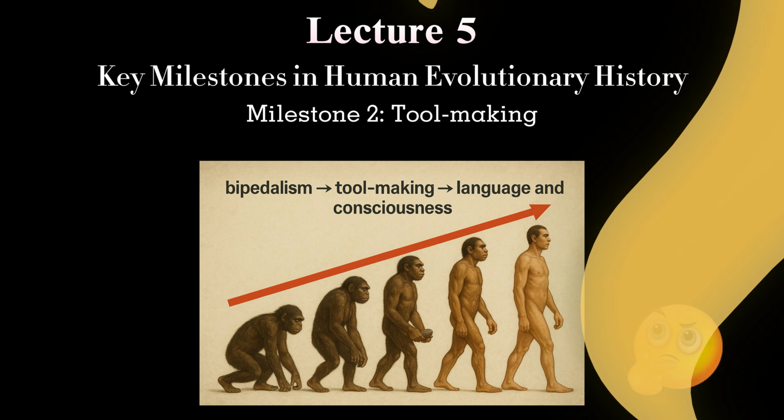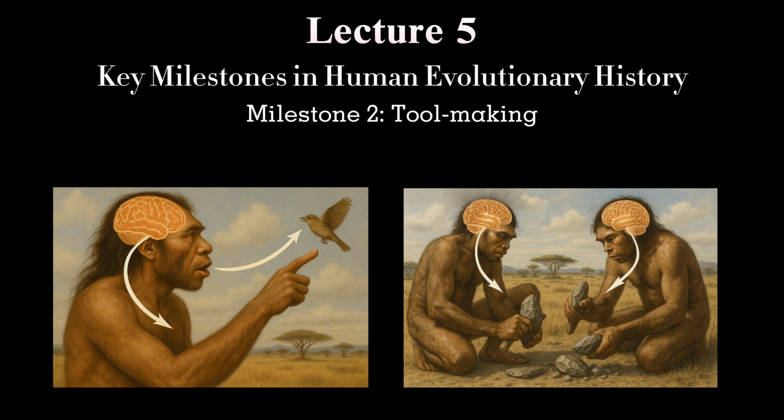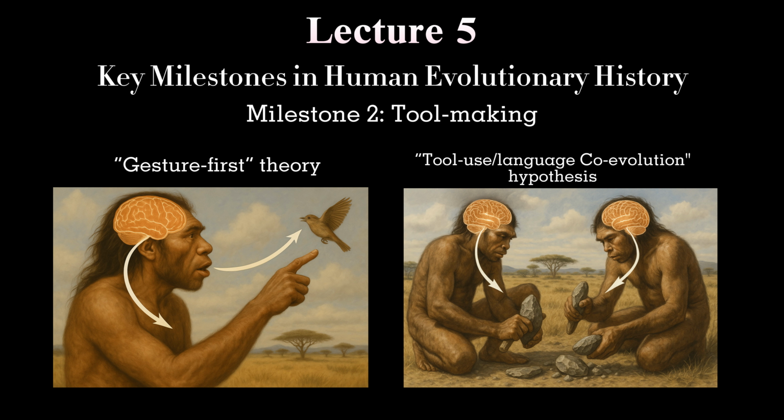However, it is worth examining whether this assumption truly holds. There are two influential, but distinct theories in cognitive neuroscience and evolutionary anthropology that connect the origins of language to manual activity. The gesture-first theory proposes that language evolved initially through manual gestures. In contrast, the tool-use language co-evolution hypothesis suggests that the cognitive and neural capacities developed for tool-making also supported the emergence of language. While these theories differ in their proposed mechanisms and evolutionary trajectories, both underscore the central role of manual activity, and particularly the hands, in the emergence of language.